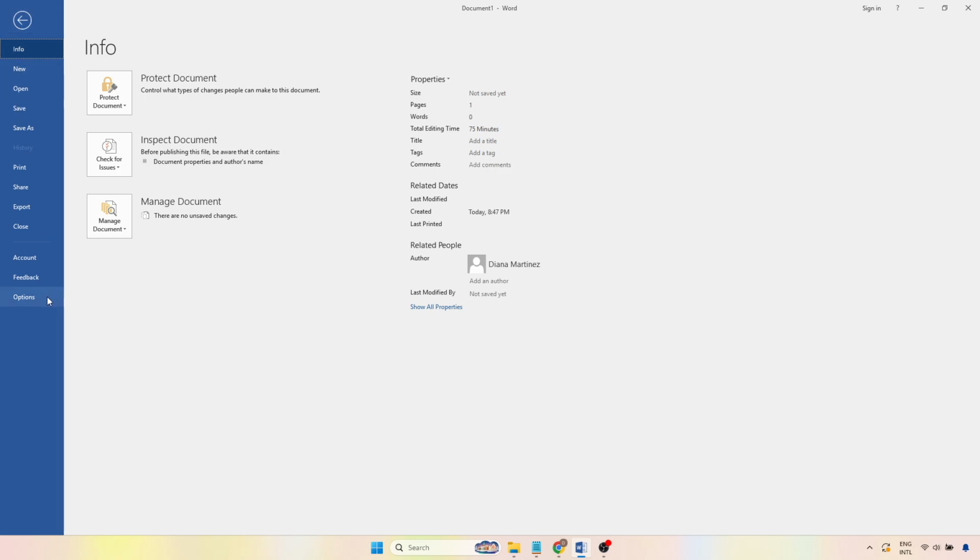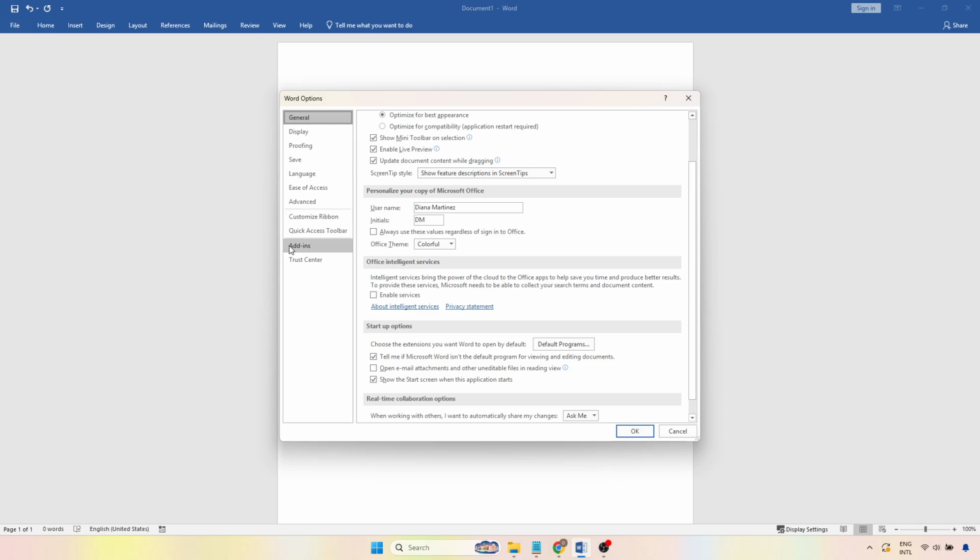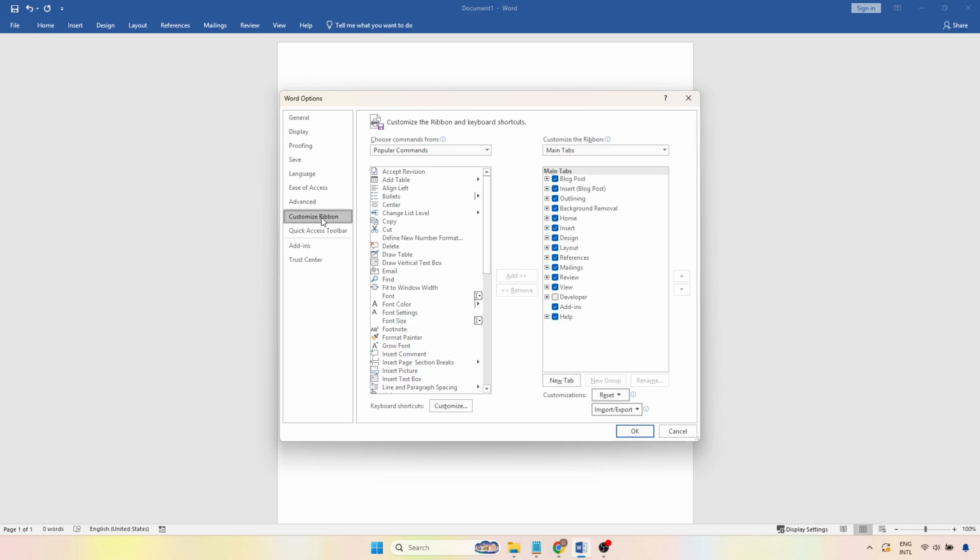This opens the Word Options dialog box where you will choose Customize ribbon. On the right side of the window, scroll through the list of available tabs until you find Developer. Enable this option, then select OK to confirm and close the window. Once this is done, the Developer tab will now appear in the ribbon, and you are ready to work with